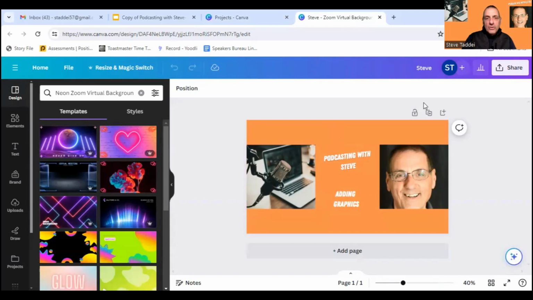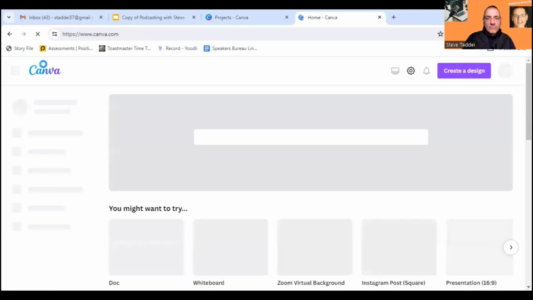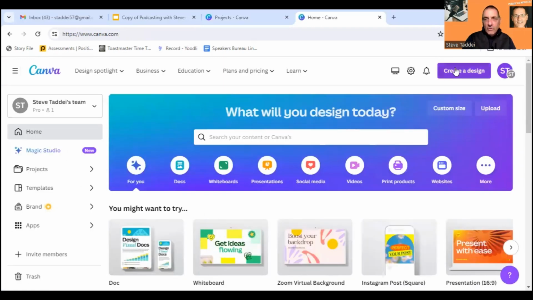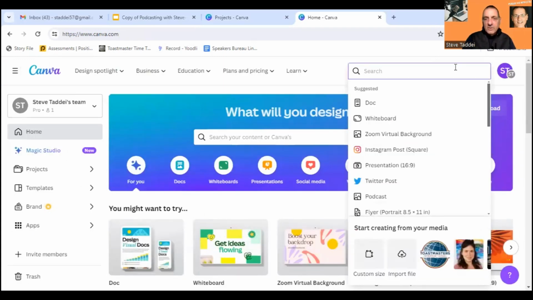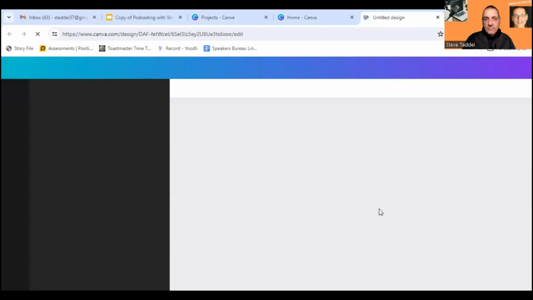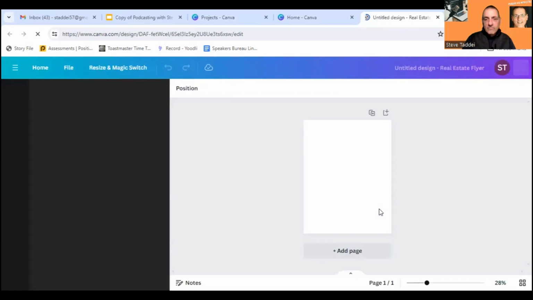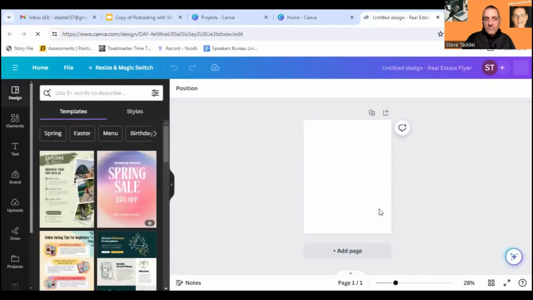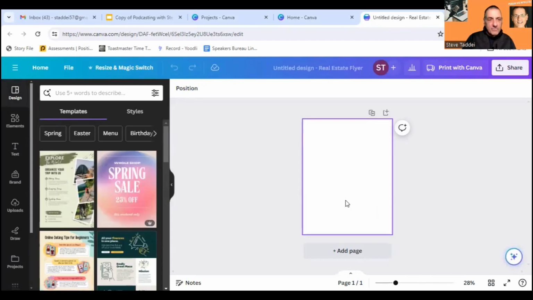Now, if you wanted to start your own, you would go back to the home file. You would create a design. Let's say you wanted to do a flyer. So here you have it.